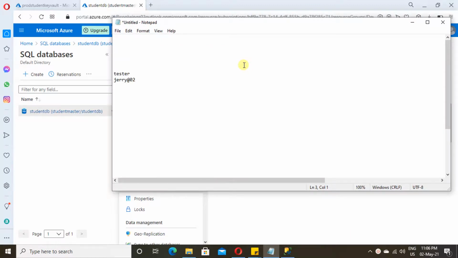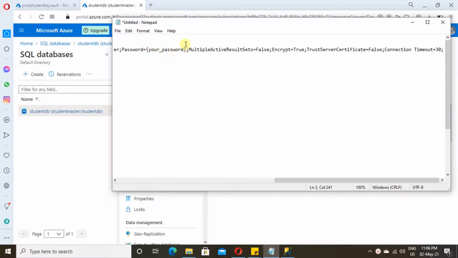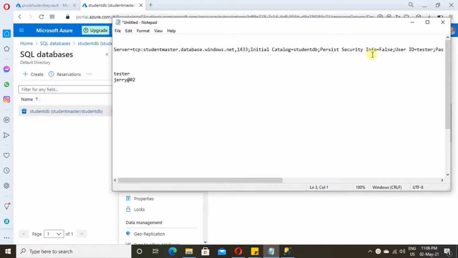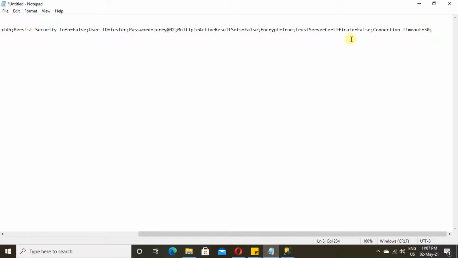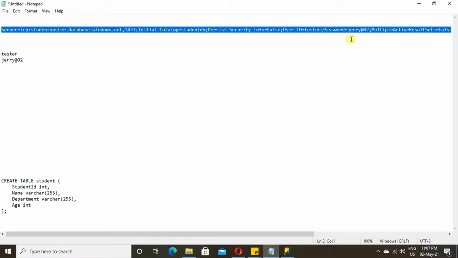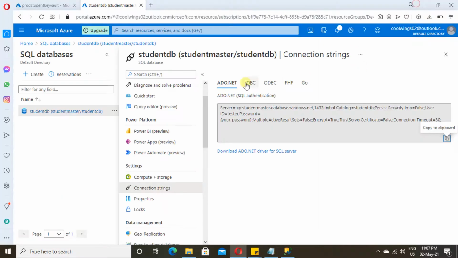One more thing you should notice is that the password won't get copied, the password won't be available. So you should make a note of the password when you are creating the SQL database. This is the password I provided while creating my SQL server, so I'm just typing it. Now this is our connection string for our SQL database.